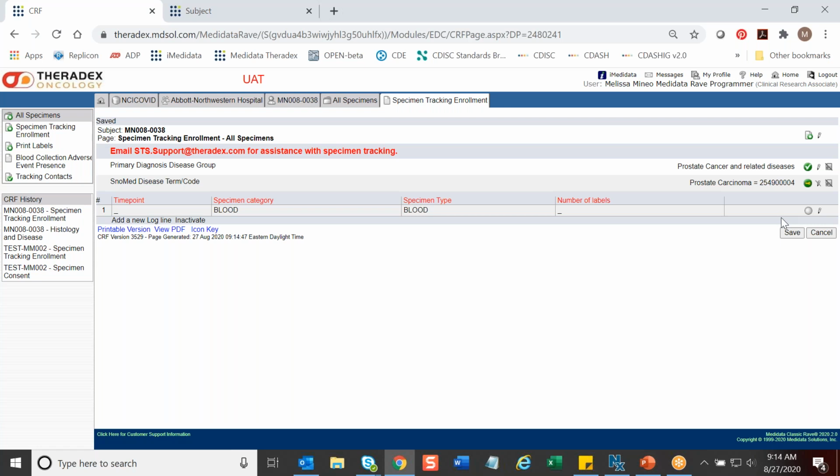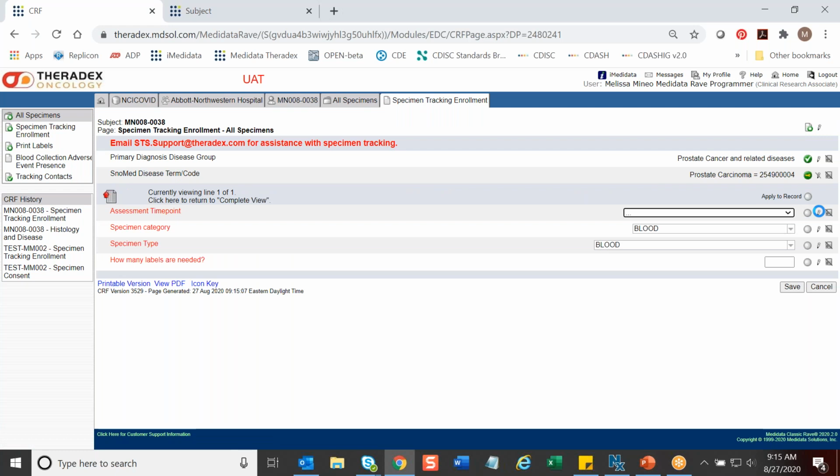For the first row, click into the row or click the edit pencil at the right-hand side of the row. NCI COVID has the specimen category and type pre-populated since there's only one category and type of specimen collected. We will enter the time point